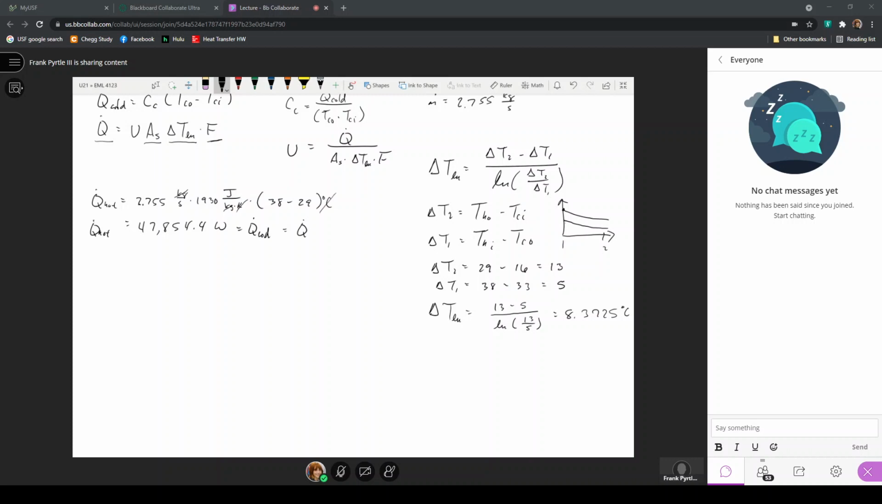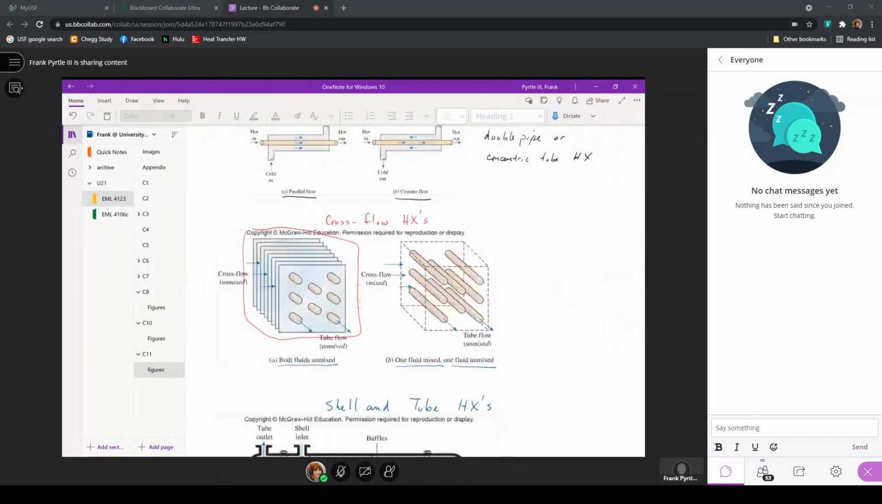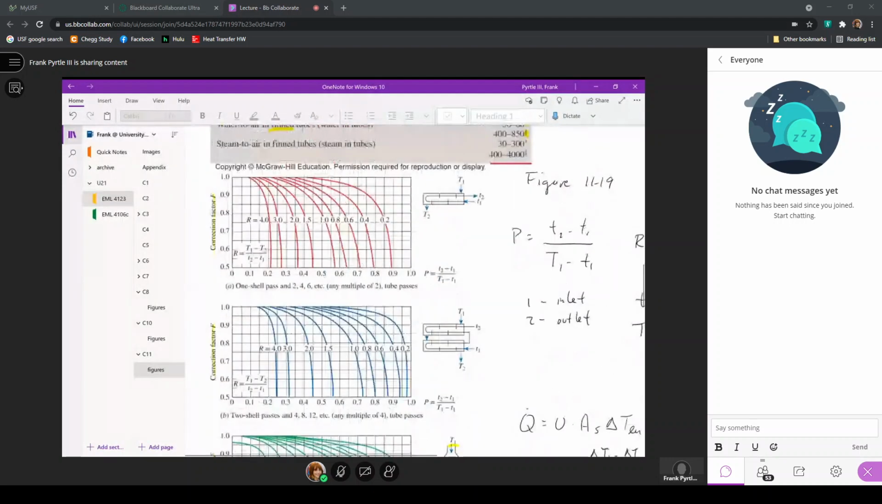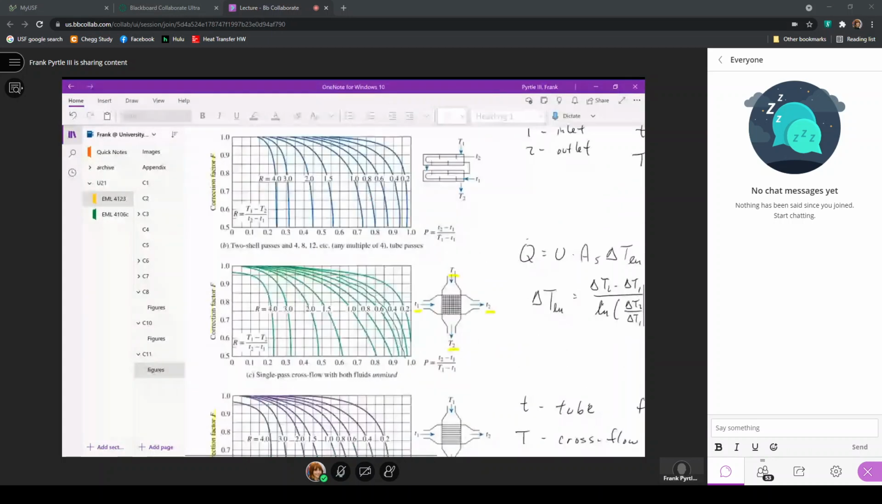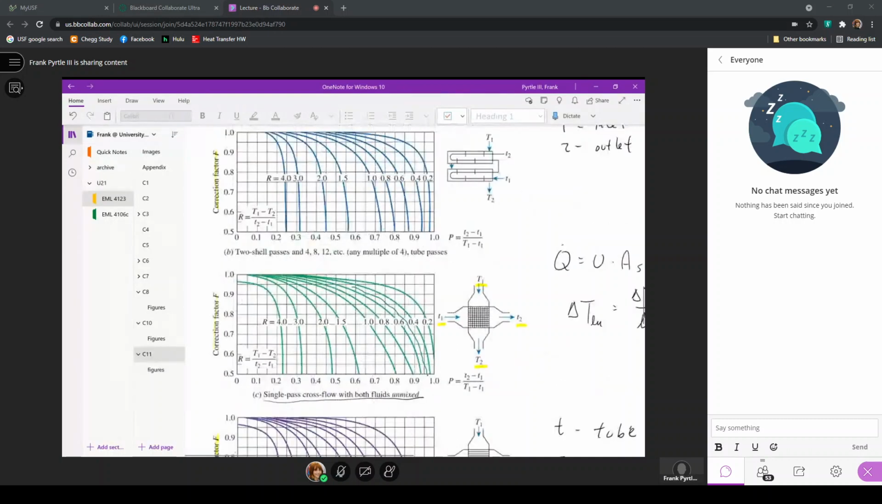Now the correction factor is going to come from the charts here. So here we have both fluids unmixed in the cross-flow heat exchanger. In order to find the correction factor, which is on the y-axis, I need to calculate P and also R and get it from this graph here. So with the definitions